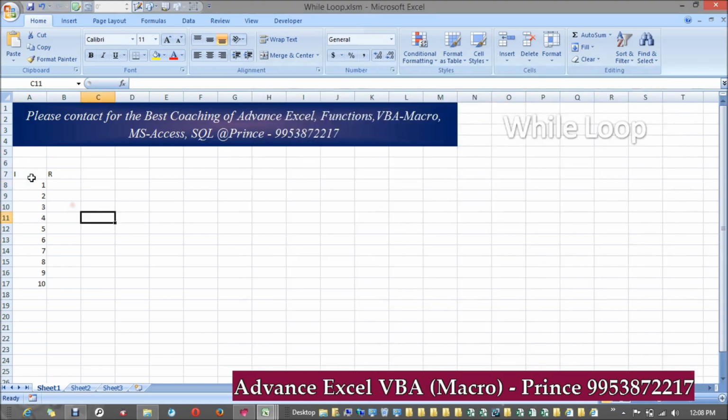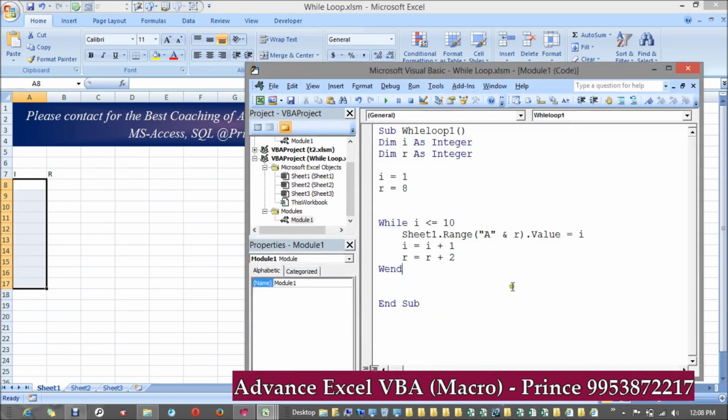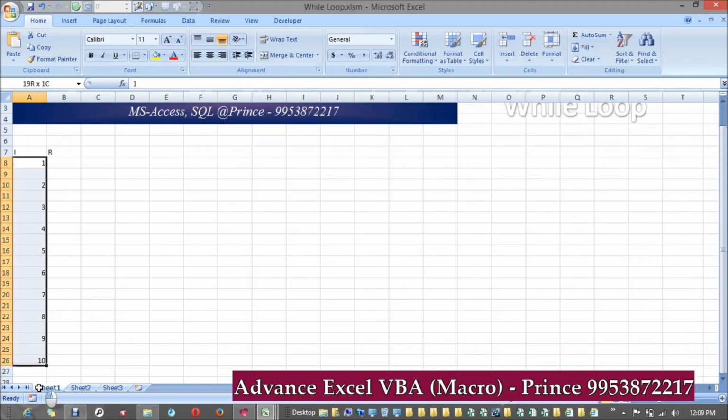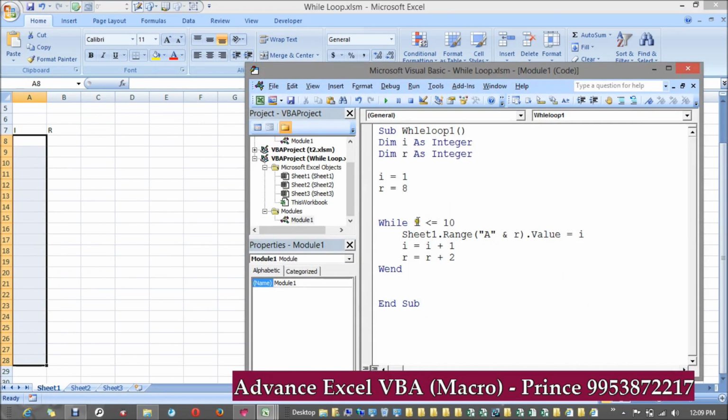So let's see how it works. If you see over there, 1 gets printed, 2 gets printed, just because every time R gets incremented by 2. In the same way, if you have to run the same code in descending order, you can do it this way also. I start from 10, and if I is greater than or equal to 1,